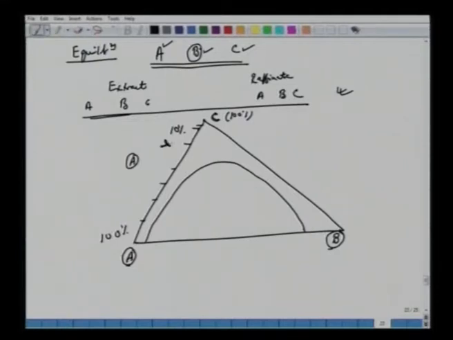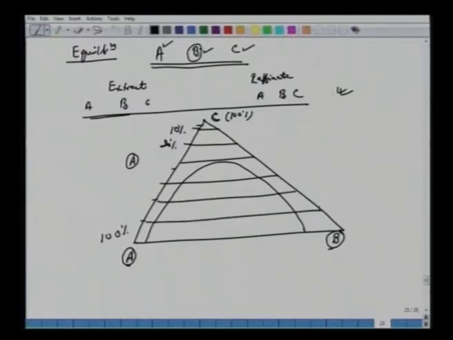So if this is 20% here, then C would be 80%. So you will see the lines like this. We have talked about this in the very first lecture here. Okay. Similarly, A to B, this is 100% here, and A is 0%. A is 100% here. So if in this direction B increases, we can also have a level like this. So when we say 70%, this is 70% of B here. A would be 30%. Okay.